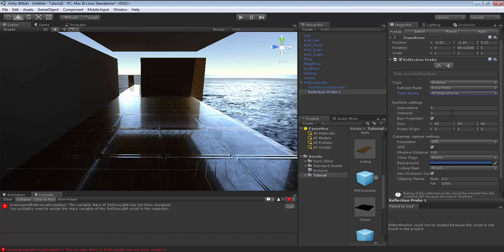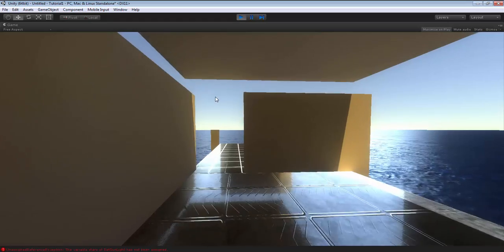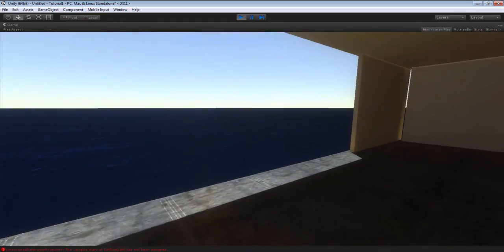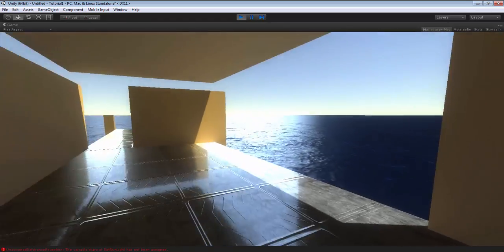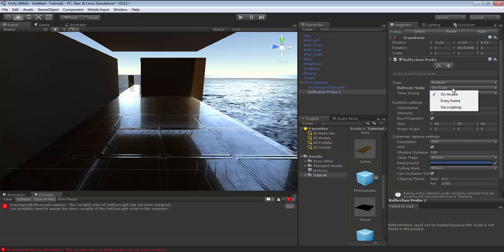This is a pretty expensive process to implement, but it's really the only way to get real-time reflections. Because if we don't update it every frame, let's just say that we only refresh it on awake, when we run it, what's going to happen is, see, the reflection just kind of moves instead of showing what you would be seeing from a reflection in your position. So if I update it to every frame, run it,